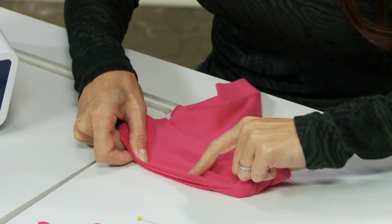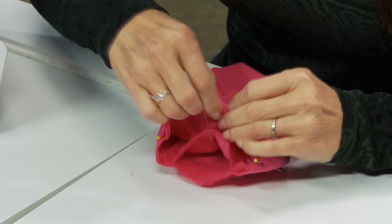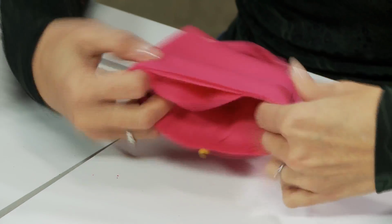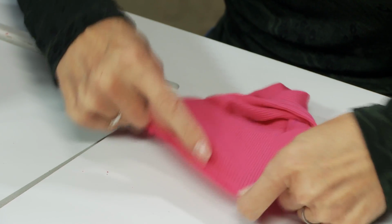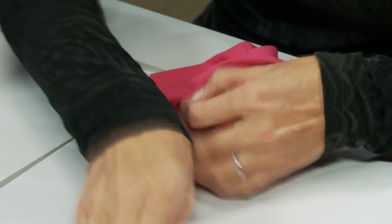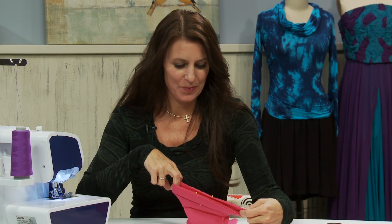So I'm going to just stick my finger right here where I have all 3 layers and put another pin. I'm pinning through the sleeve and through the ribbed again. And now go to the other side and do the same. Stretch. You can see all 3 layers here. And get my finger over there. If you can't reach with your finger, you can always use your teeth. I won't do that here though, but that is another quick way. Just bite it. So there we go. We're all even. And now we're going to go to the serger and run it through,